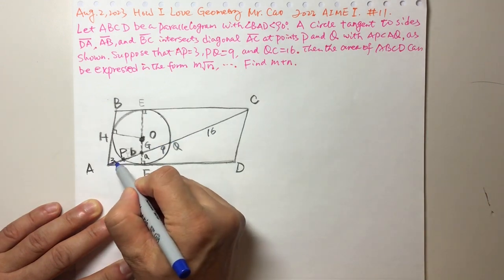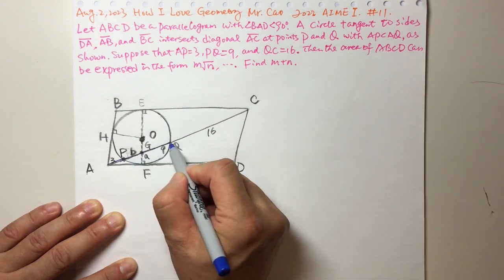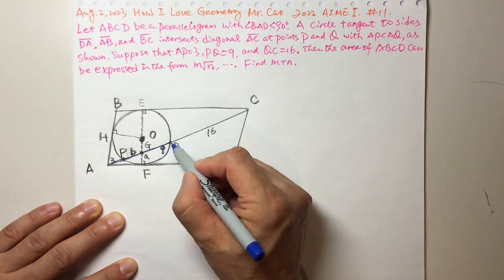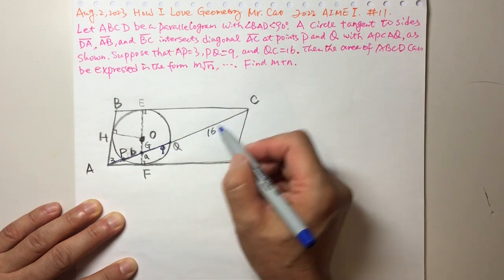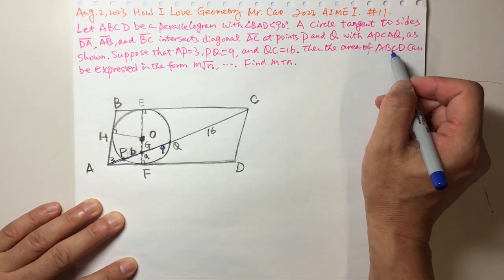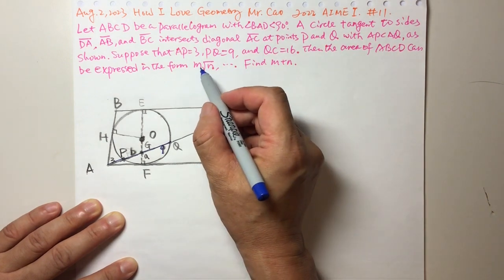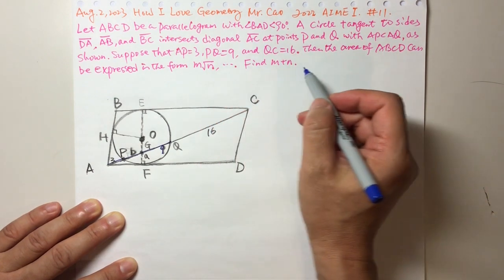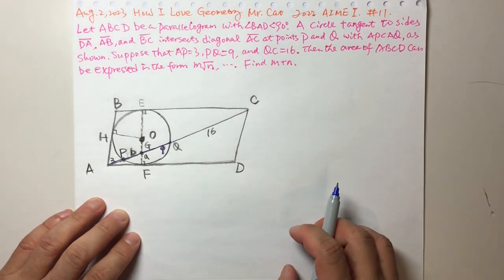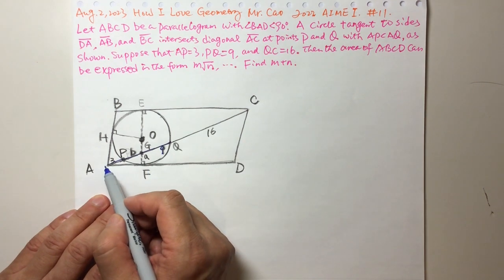AP is 3, and PQ equals 9, and QC equals 16. Find the area of ABCD. The area of ABCD can be expressed as m times the square root of n. Find m plus n. So the idea at first glance of this problem,